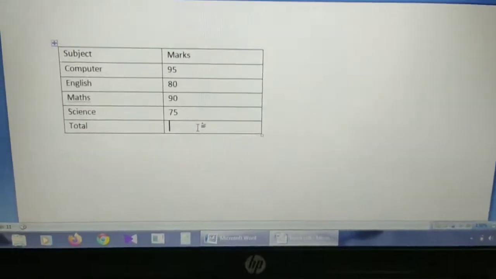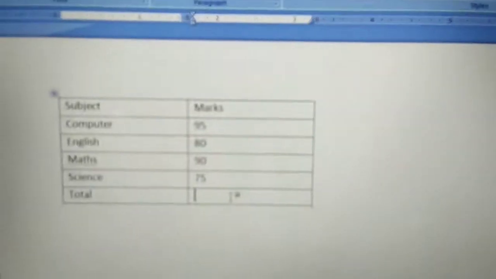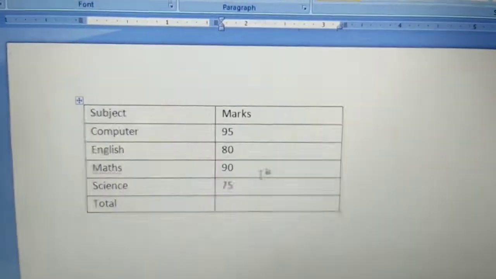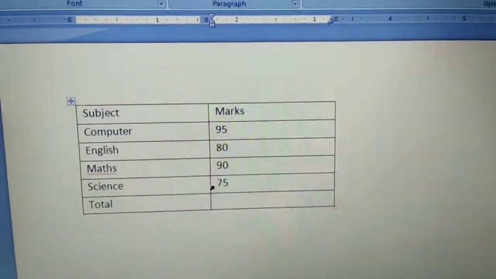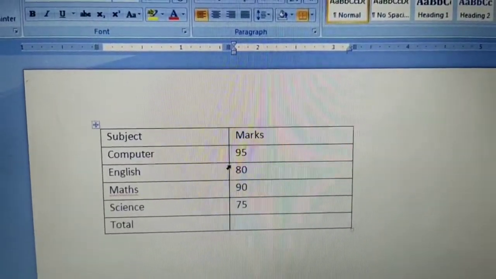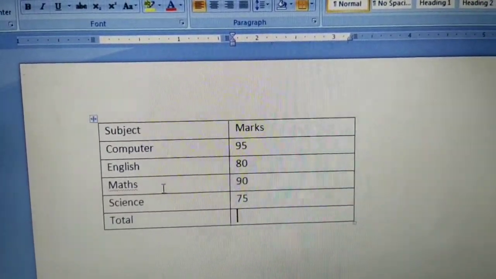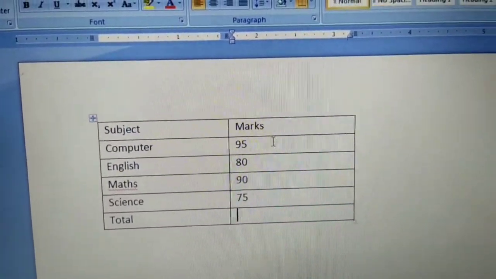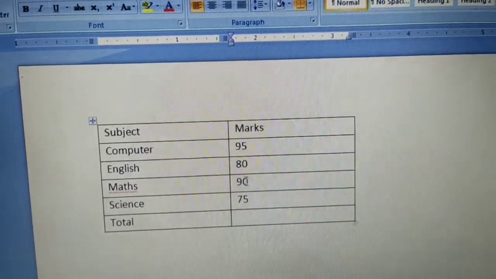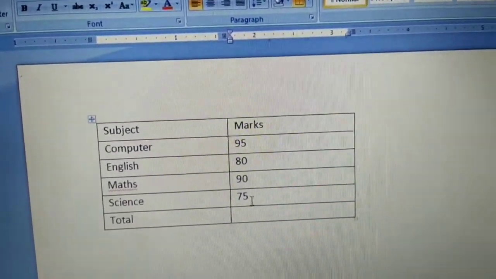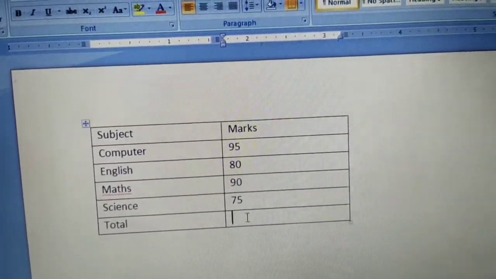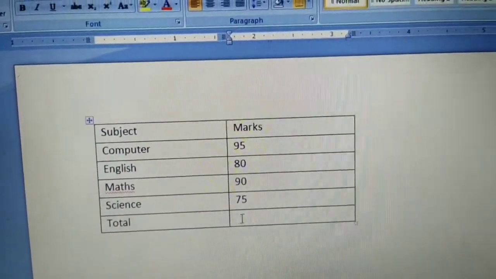Now you see, this is the table, it is in the book. For the calculations, these are the subjects: computer, English, maths, science. These are the marks: computer 95, English 80, maths 90, and science 75. And here we will do the total.